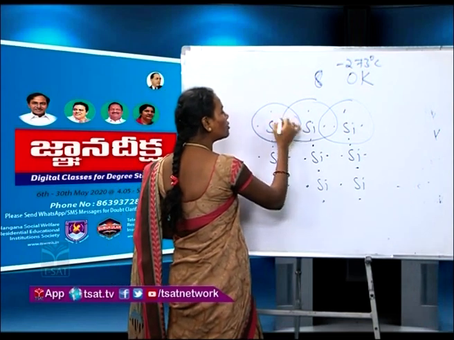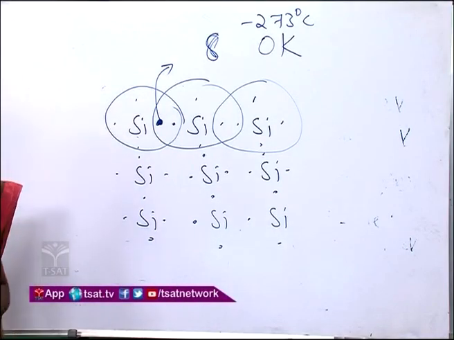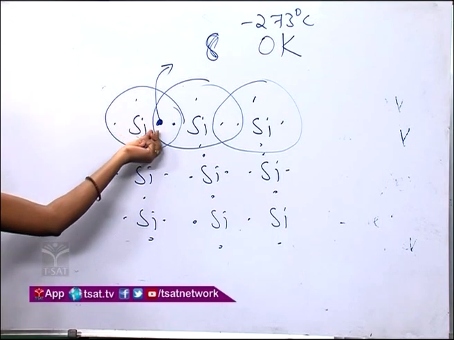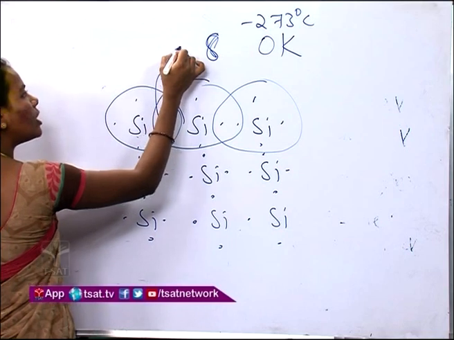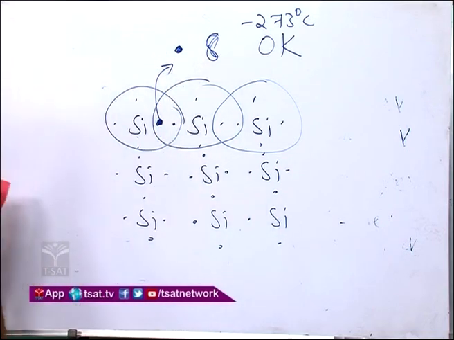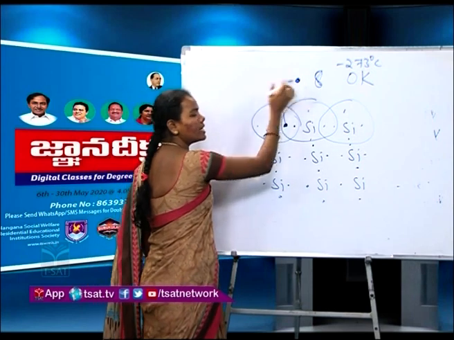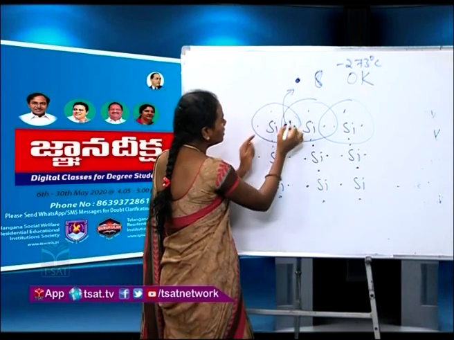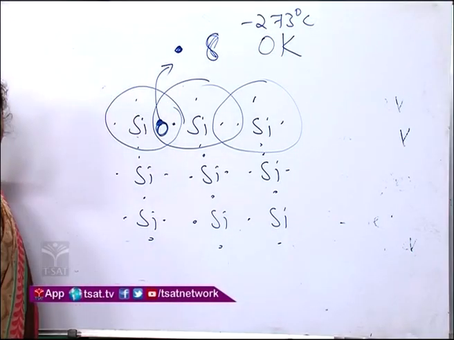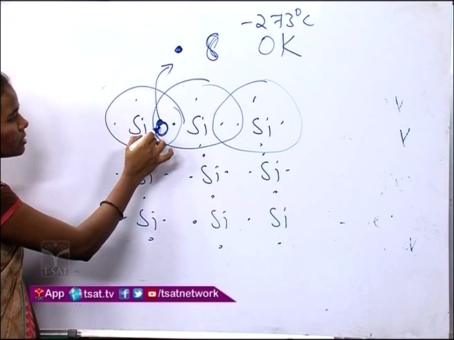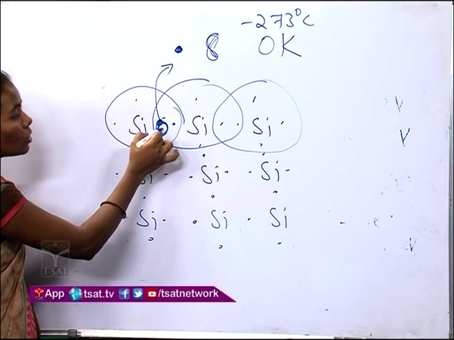this electron will gain the energy to move out of the covalent bond, so that it will be free for conduction. When it is out of the covalent bond, it is free for conduction, and when it has left, there will be a void created from where it has left. So from this covalent bond there will be a void or hole